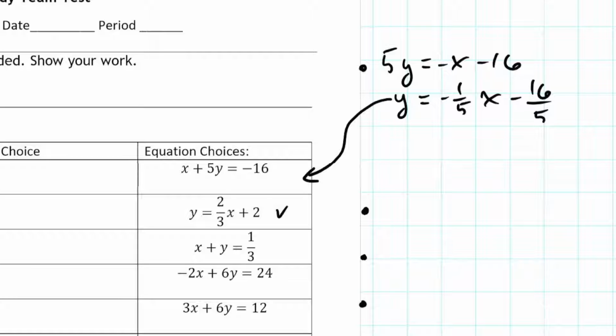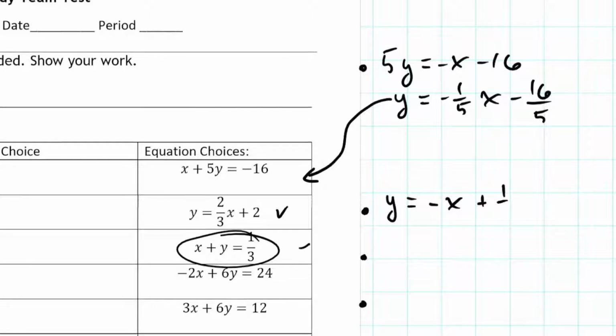The other one that I'm going to manipulate is this one, right? And it's this one right here. To get this in slope-intercept form, I just need to take away x from both sides. So it's going to become y is equal to negative x and then plus 1/3. So for that equation, my y-intercept is at 1/3. And the slope pattern for this is down 1 over 1, right? It's got a slope of negative 1. Next one we'll do is